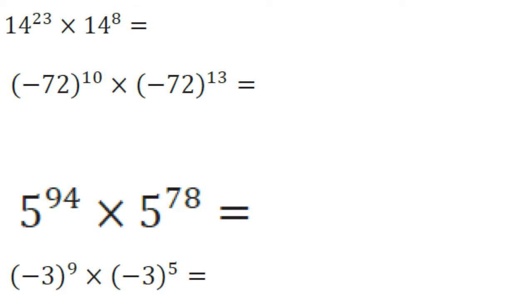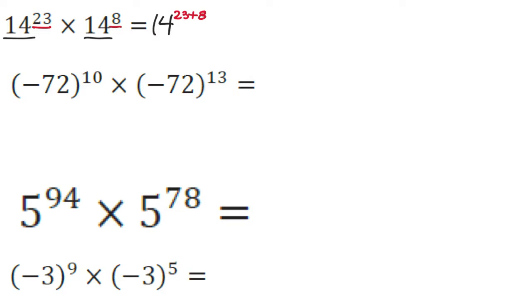So we'll start with the 14 to the power of 23 times 4 to the power of 8. Now we do not want to solve these, we just want to simplify them. Okay, so that means that it's going to stay in exponential form. And what I notice is that the bases are the same and that they're being multiplied, which means that the answer will have the same base. But what I'm then going to do is take the two exponents of 23 and 8,